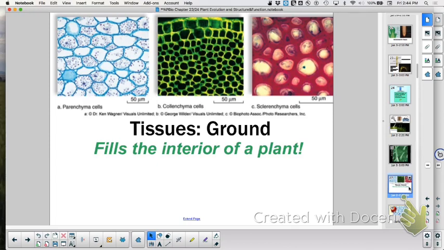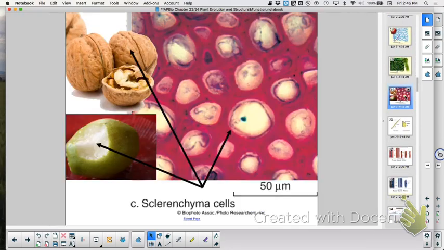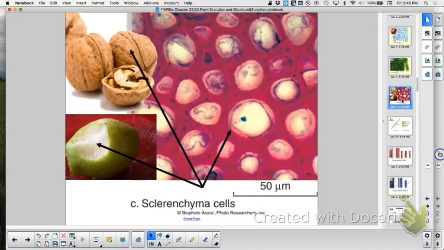You could call the collenchyma. It does have irregularly thickened walls to allow for support on edges of leaves. Sclerenchyma, the red is the cell wall. So it is so thick, there's no oxygen or CO2 that's going to go across that wall to get to the cell to keep it alive. All right? So here's parenchyma, collenchyma, and sclerenchyma.